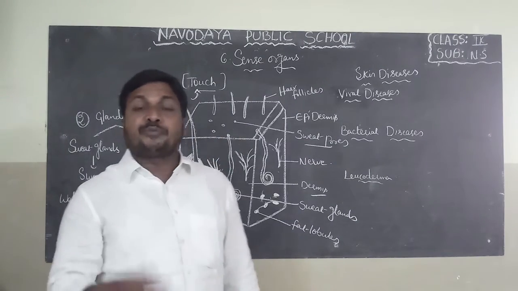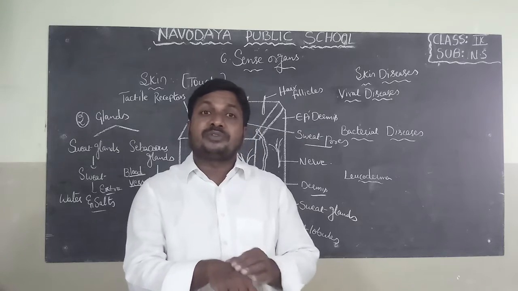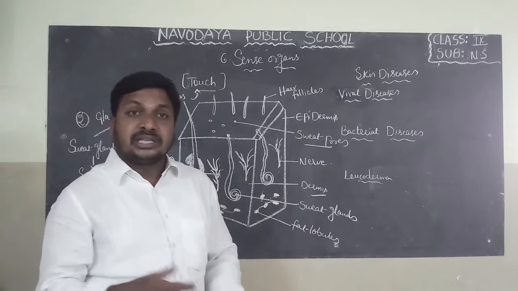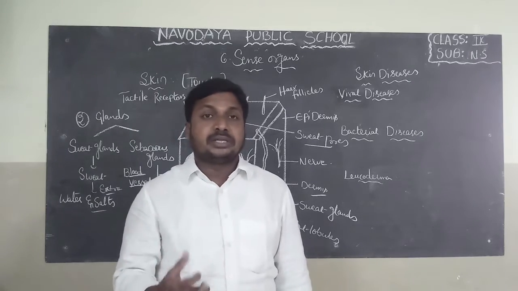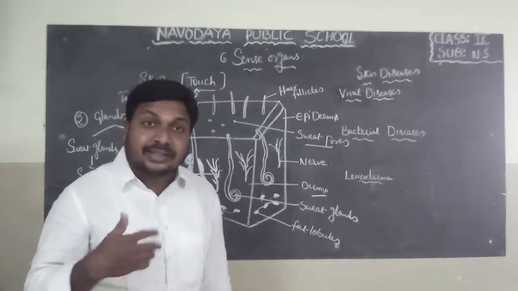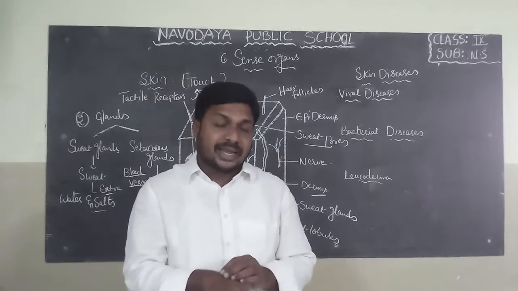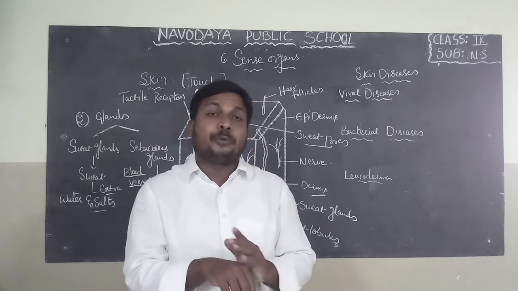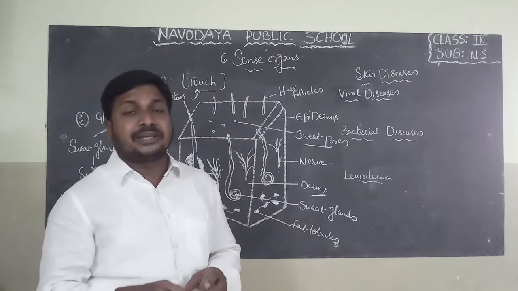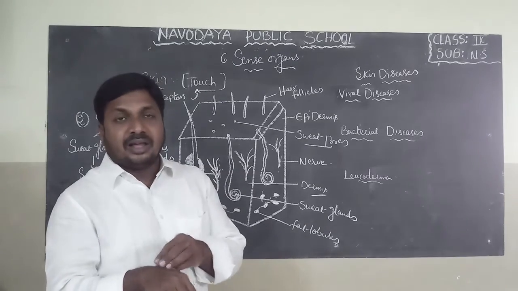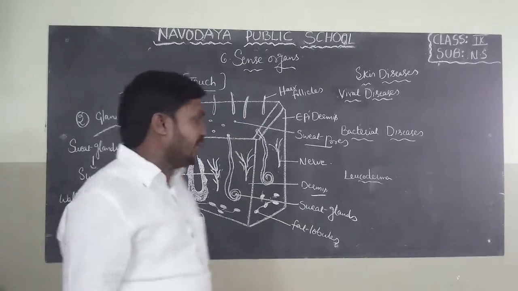That's why if you observe during summer season, we can find deposition of salts on skin. Sweat comes outside. Do you know sweat consists of water and salts? Water is lighter than salts. Water may evaporate from our skin and the salts are deposited on the skin. That's why during summer season we can find some salt on skin and clothes. That is due to sweat.